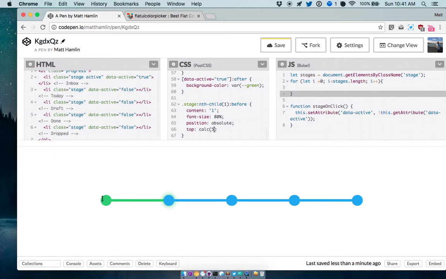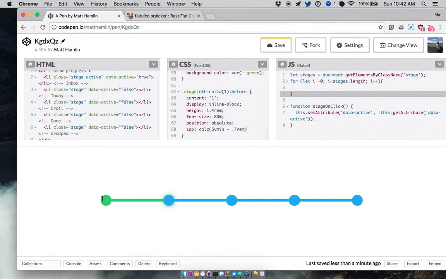Again, we're breaking out this like half thing. I'll say its height. Display inline block. Height to be 1.4 rem, let's say,